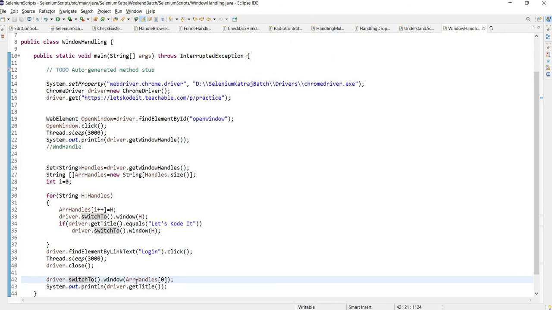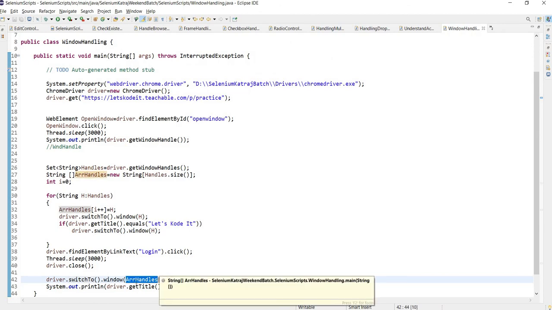So the handles of all the windows are here. Let's say you have 10 windows open. You have to grab the handles of all those 10 windows and store them in some array. So the 0th index holds the handle of the first window, array of 1 the handle of the second window, array of 2 the handle of the third window, like that.